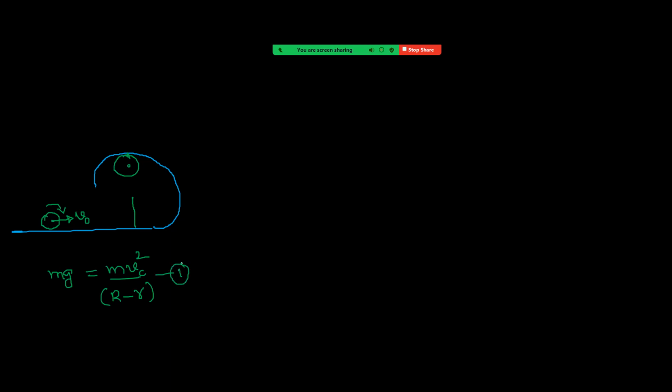This is one condition. Now I am taking here conservation of mechanical energy. Let us see. At the bottom, total energy. At the top, total energy. At the bottom, half m v naught square into 1 plus beta. That is 1 plus 2 by 5, 7 by 5. This is equal to, on reaching the topmost point, potential energy is there. It is m into g into 2 into R minus r. You can see the height from center to center, R minus r. Again, R minus r. So 2 into R minus r